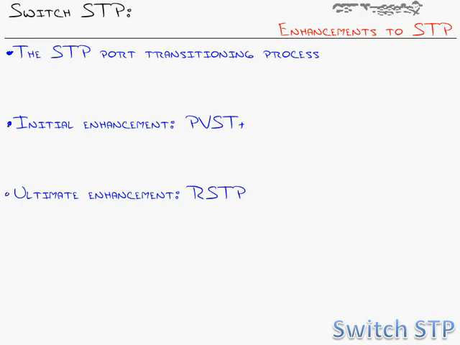So Cisco's initial enhancement to Spanning Tree was per VLAN Spanning Tree, which allows you to run one instance per VLAN, having different root bridges in the network and setting up a type of manual load balancing. Finally, the ultimate enhancement to Spanning Tree is 802.1w, or Rapid Spanning Tree, which you just saw, is a near instantaneous